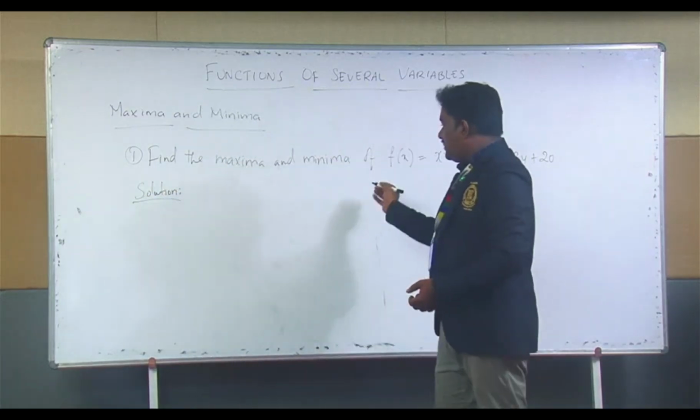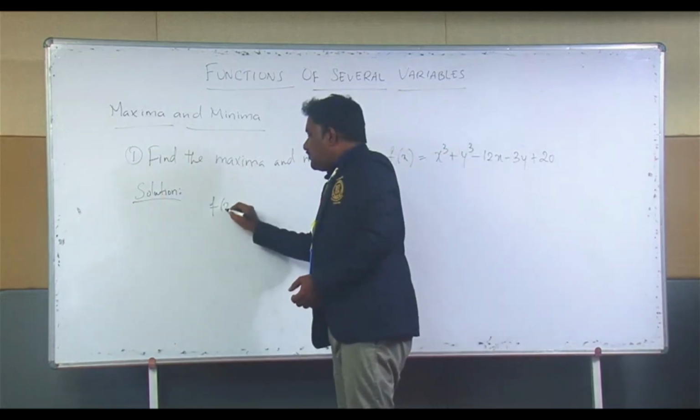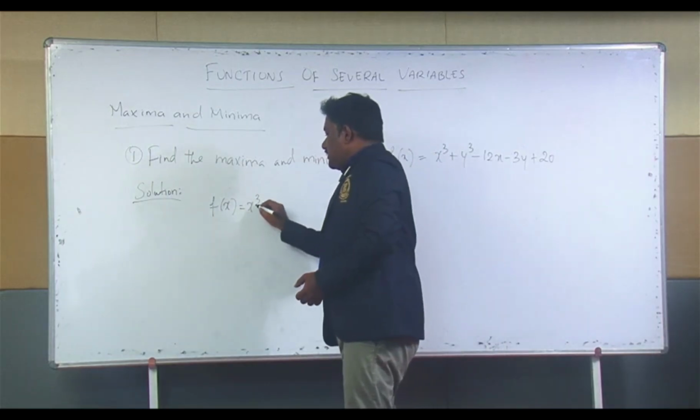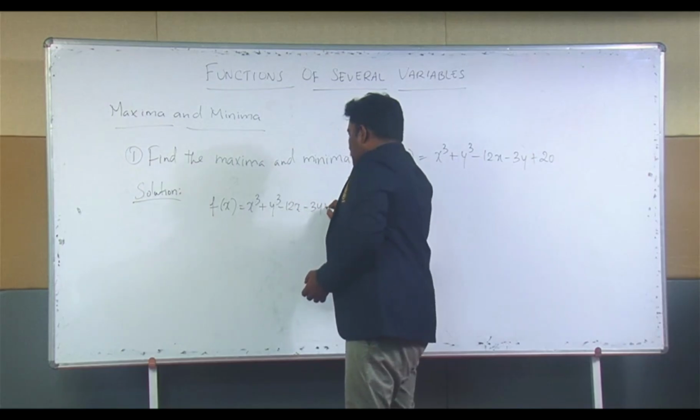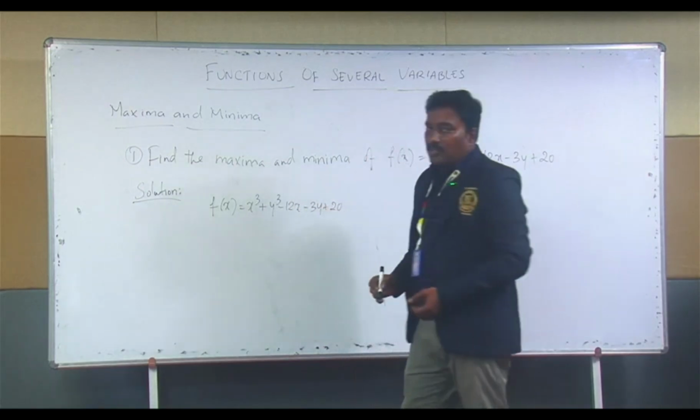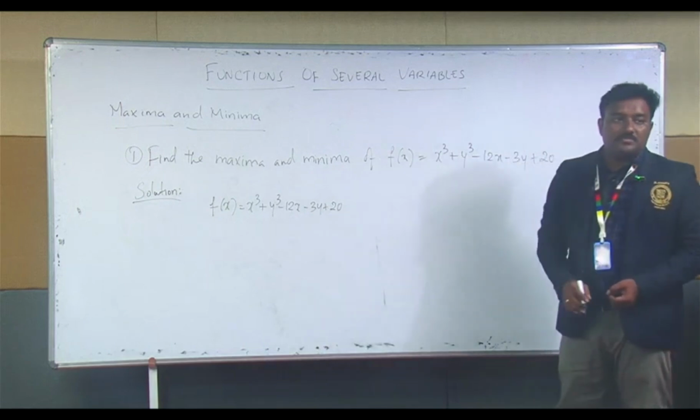Yes. So we are given the function which is f of x equal to x power 3 plus y power 3 minus 12x minus 3y plus 20. So the working procedure is